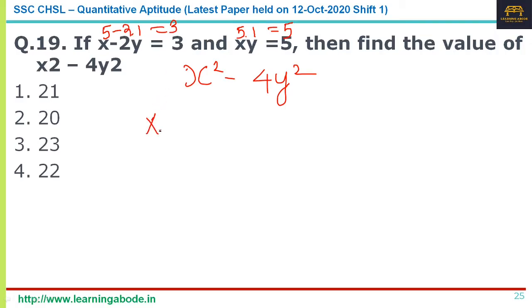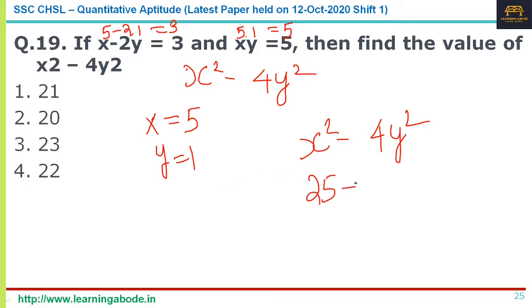So that perfectly fits in. You see, some other value is also possible, but let's see for this value. Anyhow, the value that I've assumed, x equal to 5 and y equal to 1, perfectly fits in for the given values here. So let me see what is x square minus 4y square. If x is 5, x square is 25, and if y is 1, 4 into y square is 4 into 1, 4. So 25 minus 4 is equal to 21, and that's answer option 1.